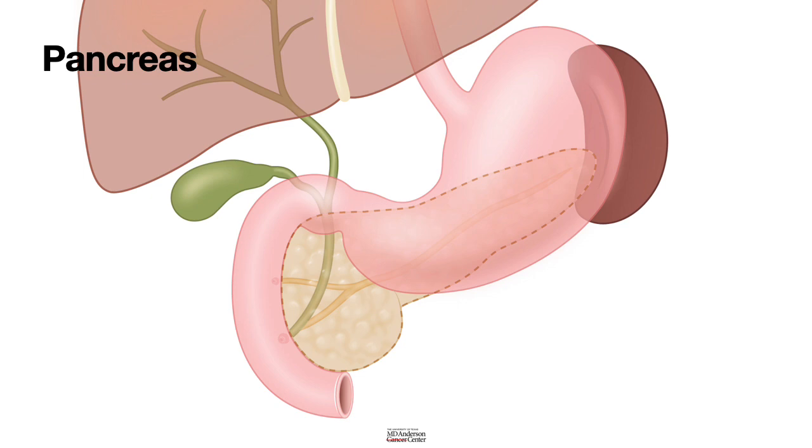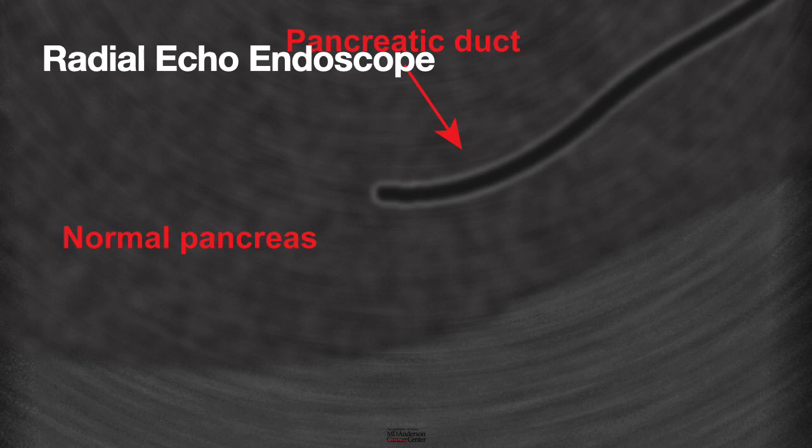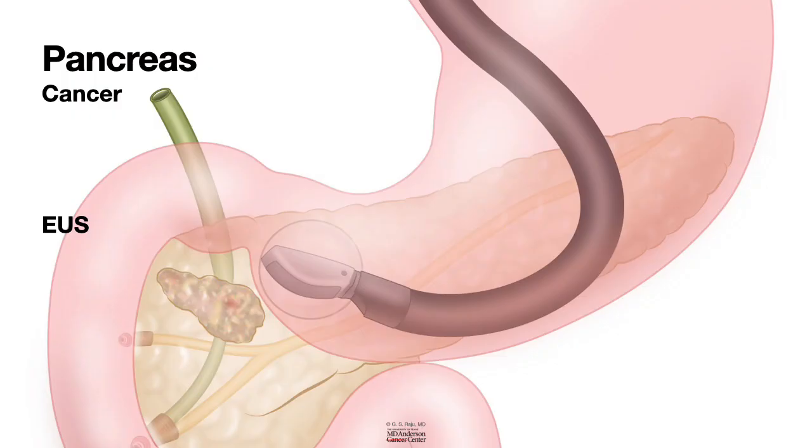We could also use EUS to evaluate the pancreas, either with the help of a radial echoendoscope, in which case you can see the pancreas, the pancreatic duct, the normal pancreas surrounding the duct. The commonest reason for pancreatic EUS is to establish the diagnosis of pancreatic cancer. In that case, we need to use a linear echoendoscope, pass it into the antrum or the duodenum, and find that cancer under ultrasound, and use a needle to do FNA and sample the pancreatic cancer,